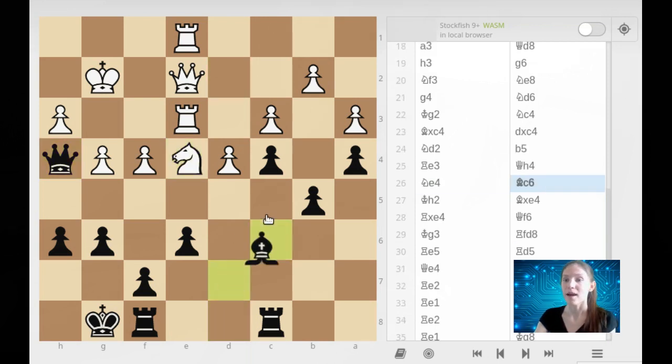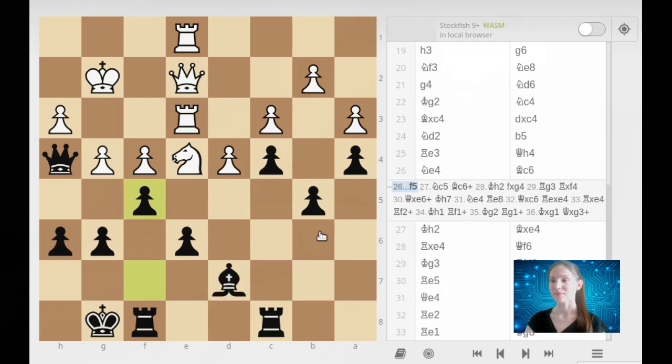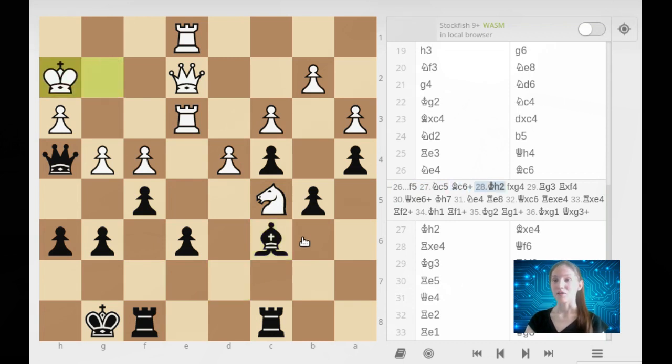Knight to e4. I'm pinning the knight, bishop to c6, with the intention of exchanging my bishop for his knight. According to the chess program, f5 is more accurate instead. Then I would have the opportunity to force a draw by perpetual check. Pay attention to the board. f5, knight to c5, bishop c6 check, king to h2,